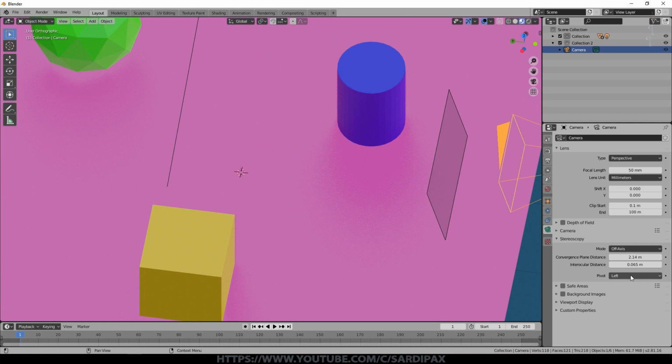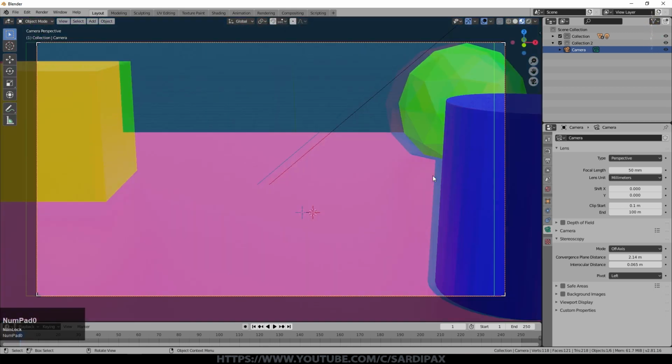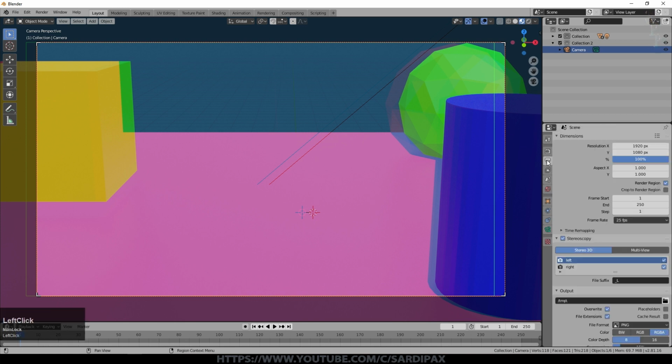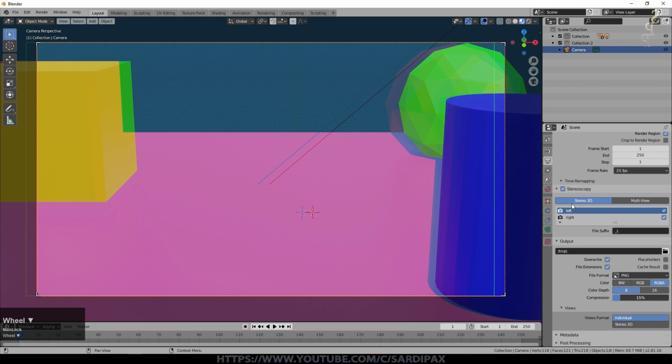So this bottom one, I think, is just when you rotate the camera, are you rotating around the midpoint between the two cameras, the right camera or the left camera? I just left it on the default of left. It didn't matter too much for my scene. So once you're happy with that, you can go into your scene, and by default it will be in anaglyph mode. Now if you're going to upload to YouTube, I played around with a number of options and I found one was much easier to work with than the other.